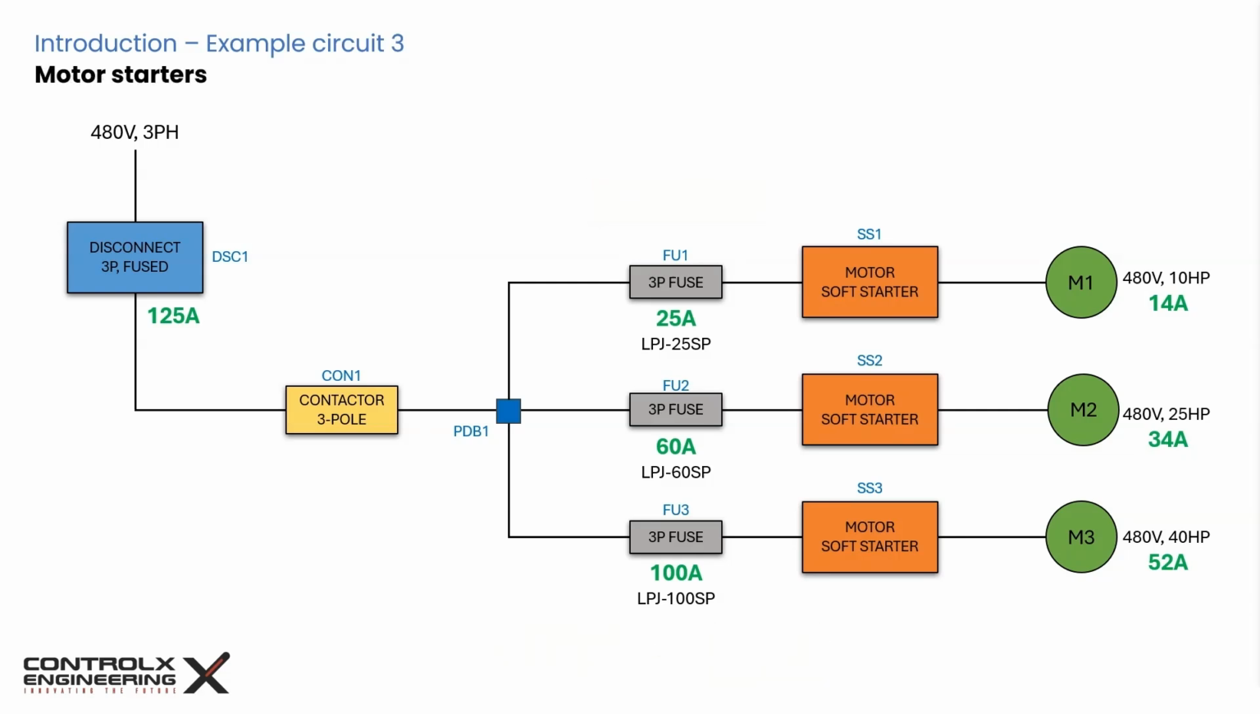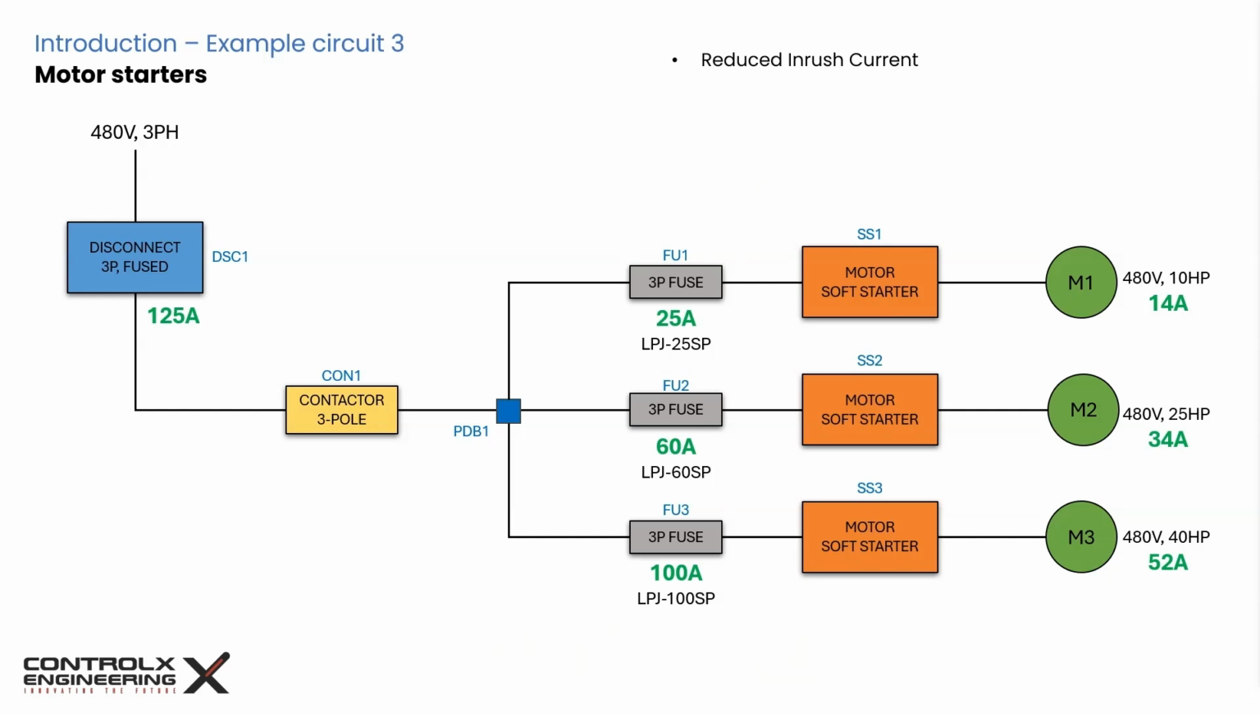Now that we have discussed branch circuit protection using fuses, the next step is to integrate soft starters for each motor. A soft starter is a device used to gradually ramp up voltage when starting an AC motor. Instead of applying full voltage instantly, which causes high inrush current and mechanical stresses, a soft starter provides a controlled, smooth acceleration. Some of the benefits of using soft starters for motors are